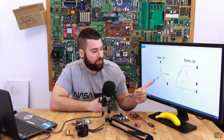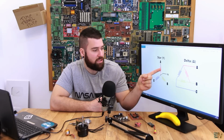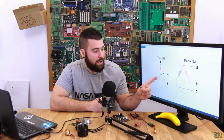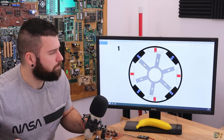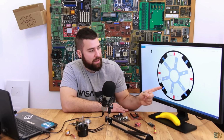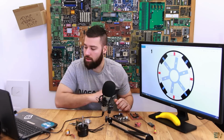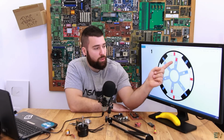So by applying a voltage to these coils, we can create a magnetic field. For example, we apply positive to A and ground to B, so a current will flow here, and this leaves C floating. So let's go to the next picture. As we have seen before, we have the rotor with the A, B and C phases, and then we have some permanent magnets, and as you can see, one is north, the other one is south, the other one is north, and so on. So let's, for example, start like this, and we apply positive to A and ground to